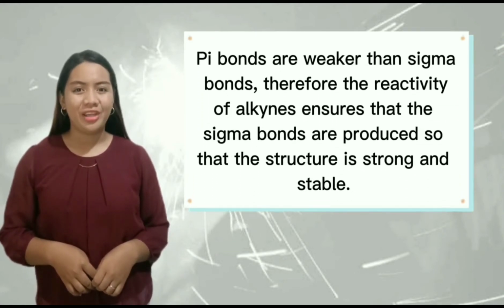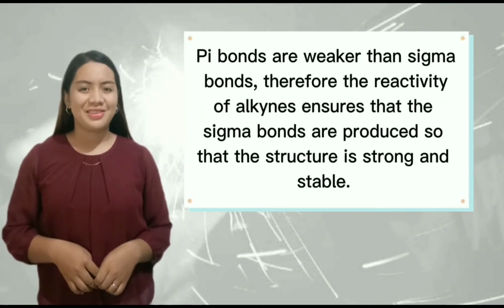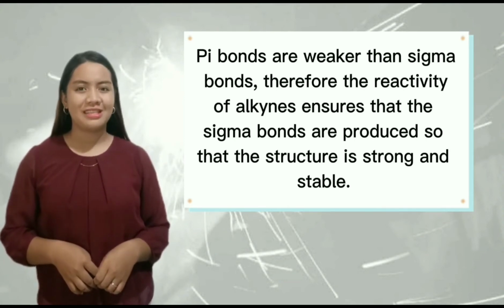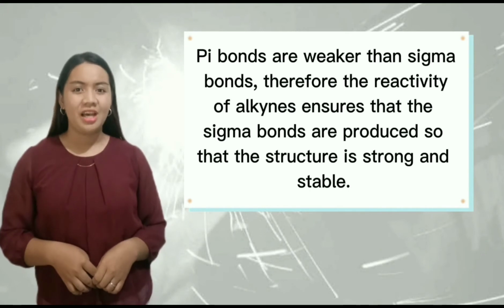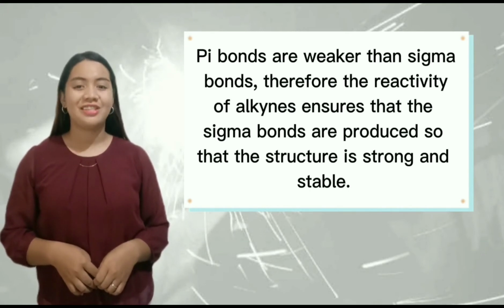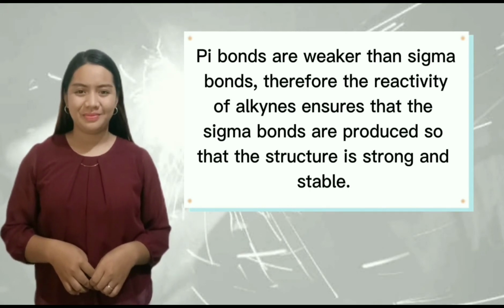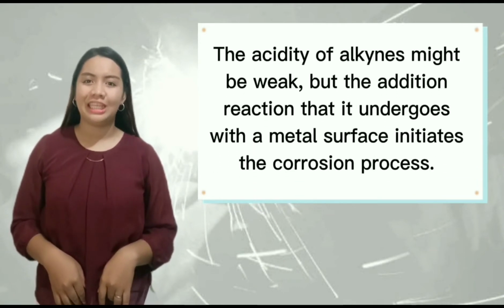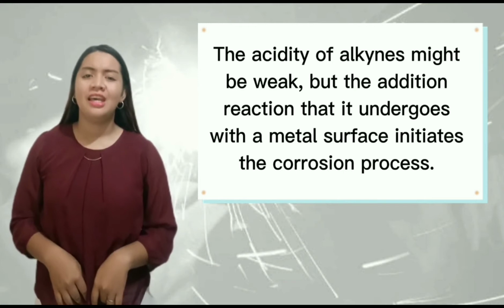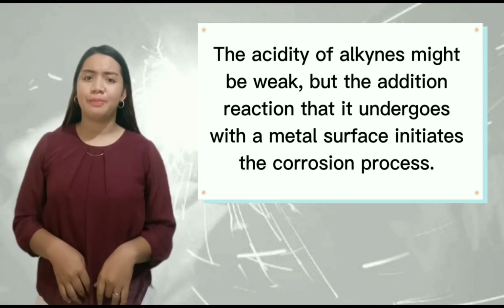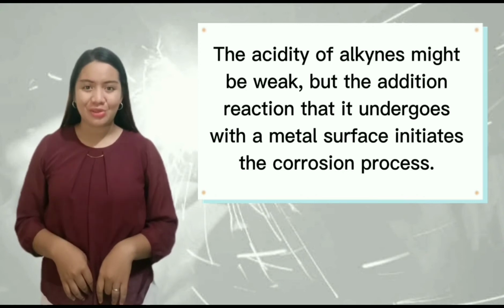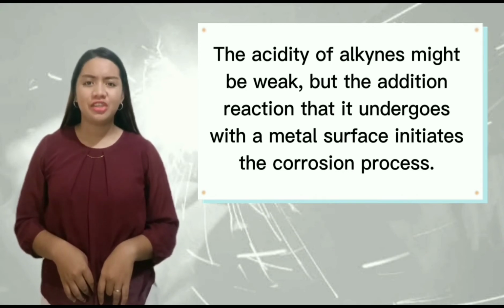Pi bonds are weaker than sigma bonds. Therefore, the reactivity of alkynes ensures that the pi bonds are reduced, so that the structure is strong and stable. Alkynes are reactive in that they can go through addition and reduction reactions. The acidity of alkynes might be weak, but the addition reaction that it undergoes with a metal surface initiates the